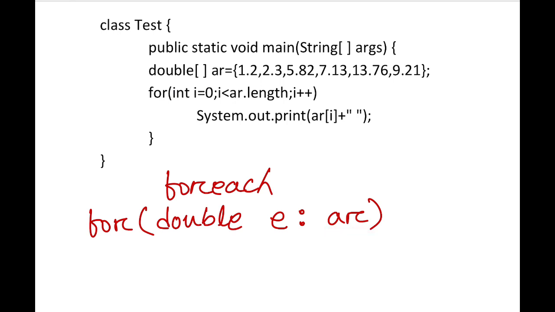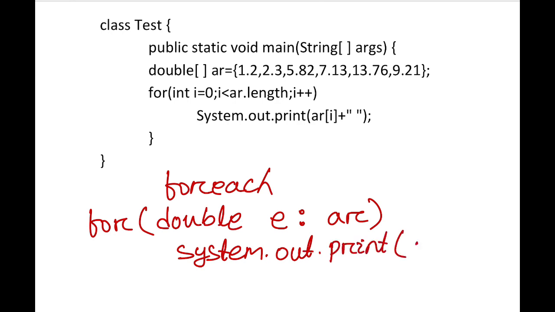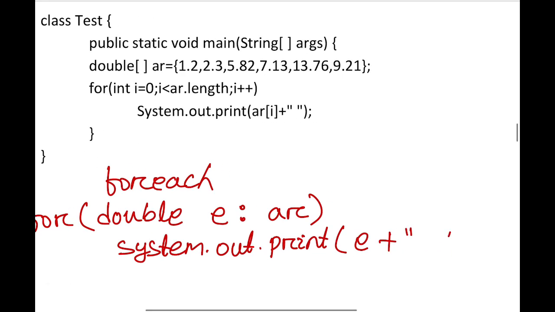So what is the task? We want to print the elements. So system dot out dot print, we want to print E, then plus some space, that means to add some space between two elements.